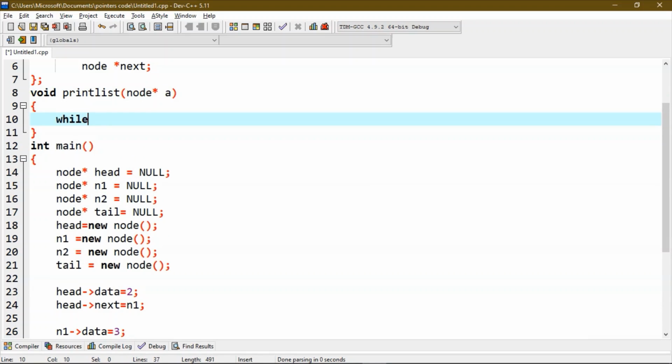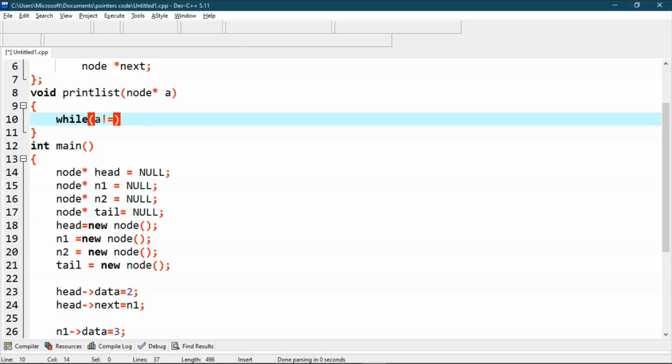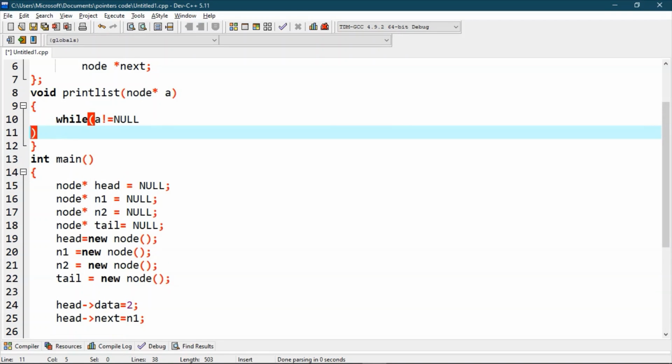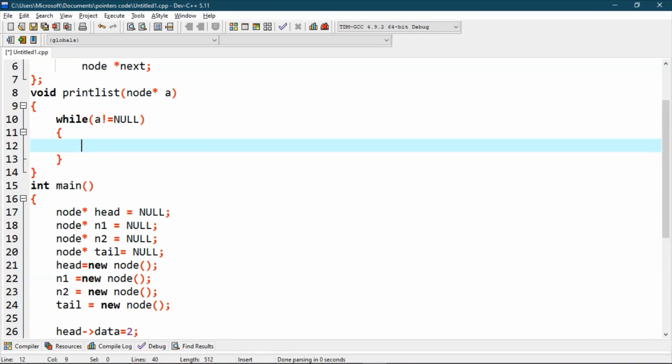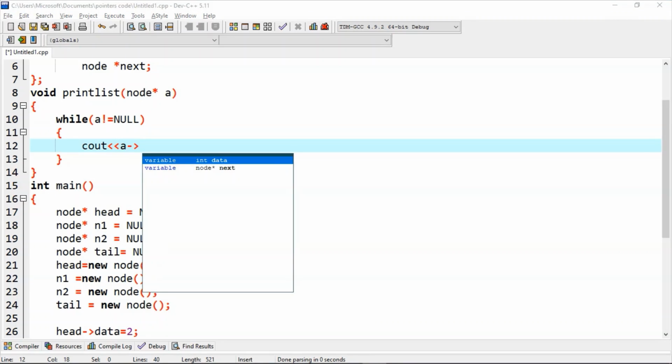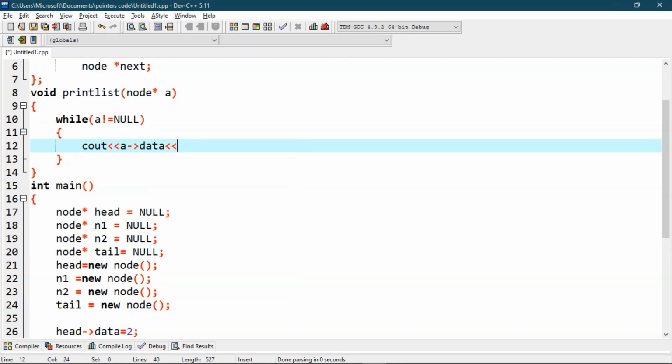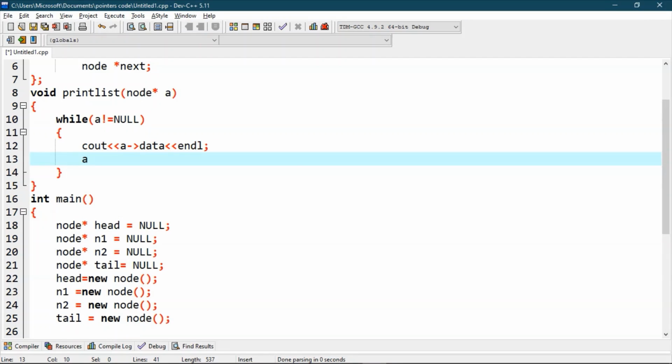We will use while loop to traverse this linked list. We will give it condition if a is not equals to null, then cout a data and L. Now we will change our cursor from the current node to the next node.